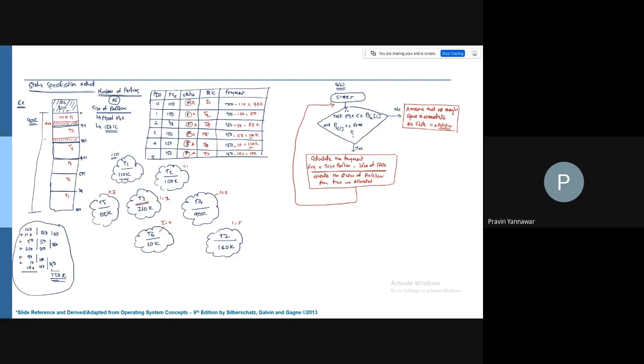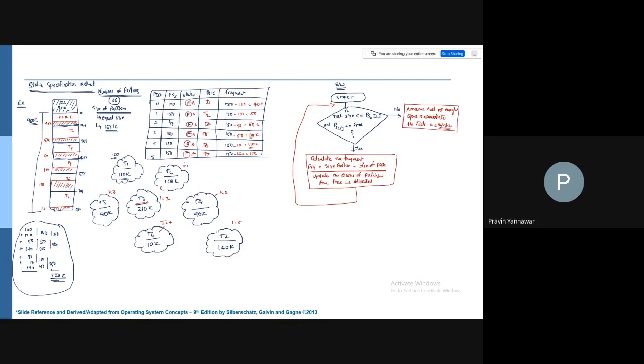This is going to be 50k, so this is 90k total. Then you have 60k here, so this is 150 now. Then you have 100k here, so this fragment is say 100k. Then you have 110k available here, and this is only 10k available.